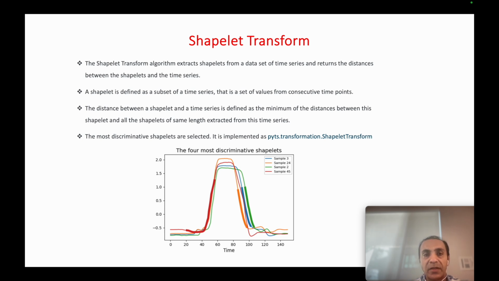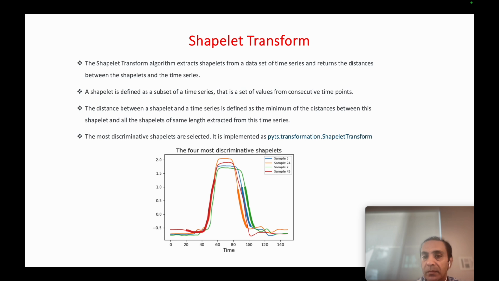The distance between a shapelet and a time series is defined as the minimum of the distance between this shapelet and all the shapelets of the same length extracted from this time series. So the most discriminative shapelets are selected, which means those which are very unique in shape and very distinct from other shapes. They are collected, and all of it is done in Python using this package called